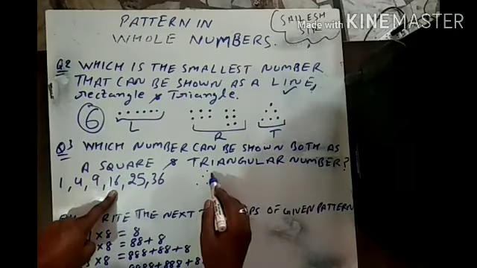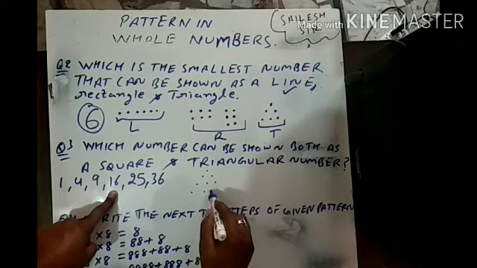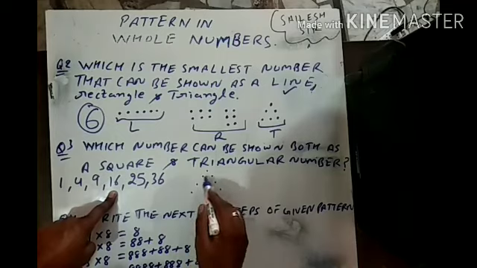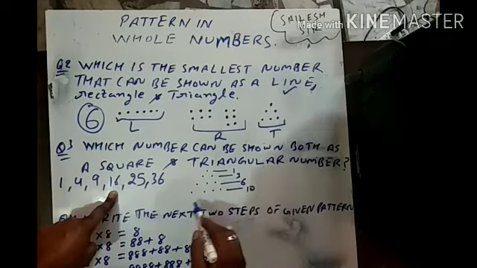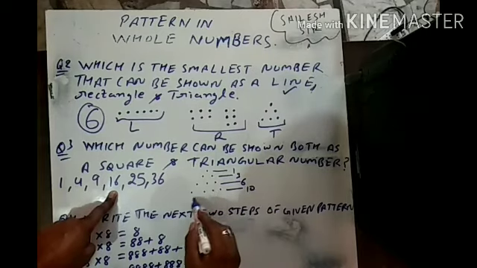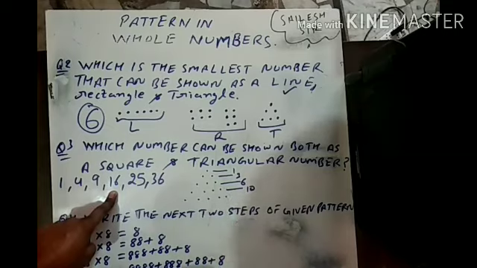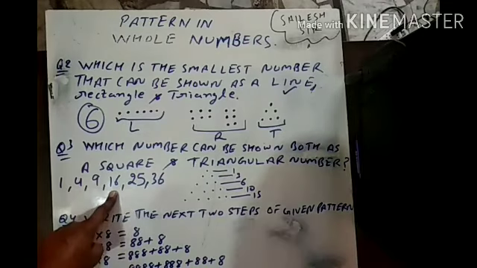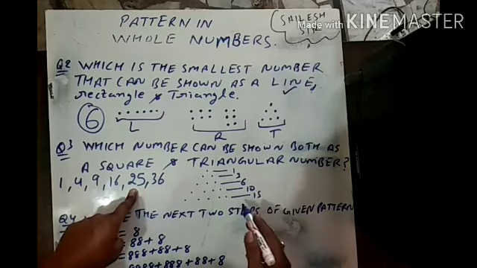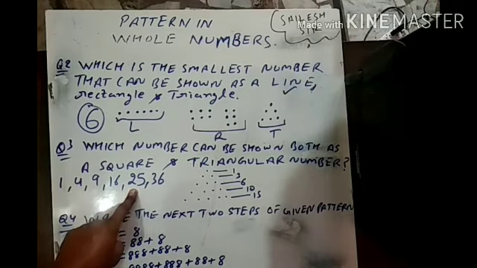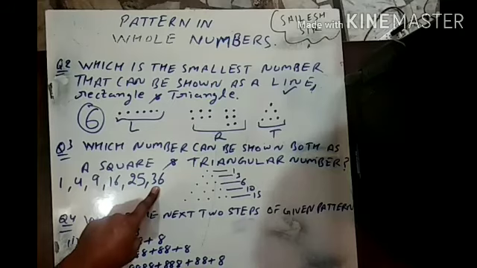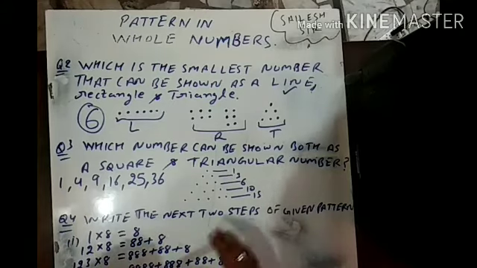Now 16, for 1, 2, 3, 4. Now this is 1, this is 3, 6 and 10, and after that we need 5 only. 5. Then this is 15. But there are 16, the 1 dot is left, so 16 is also rejected. After that 25 is not possible to make a triangular number as we discussed earlier. Now therefore the required number will be 36. Now I will show you how.